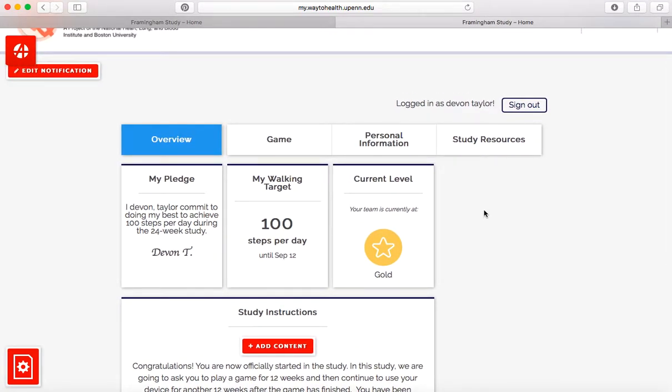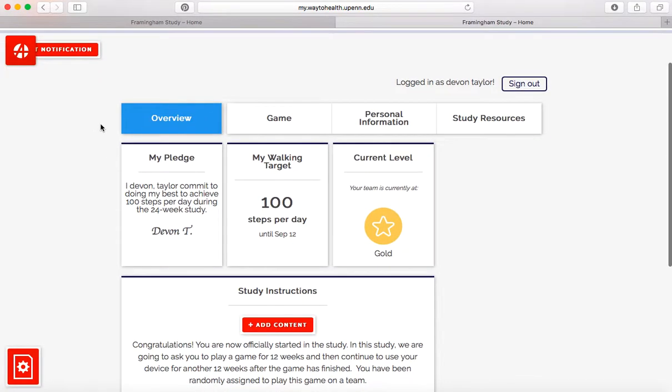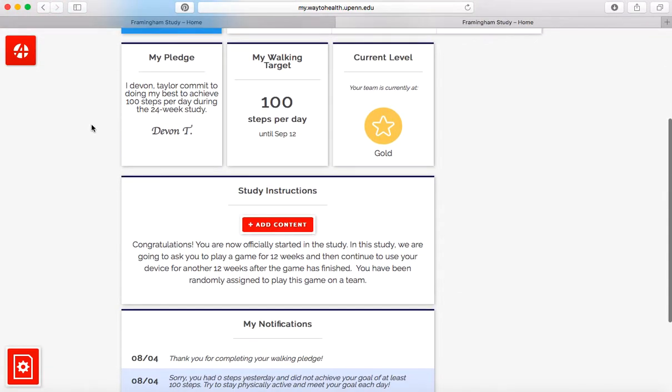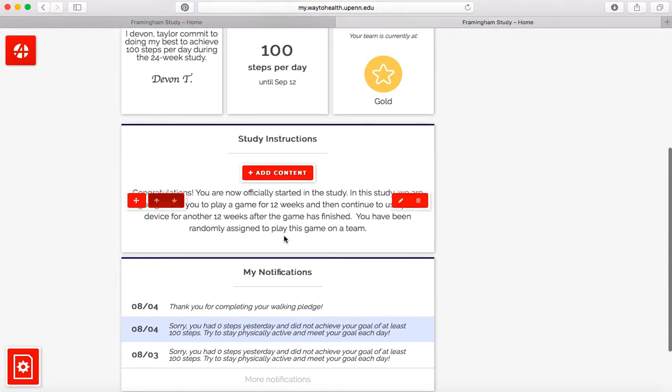But they do have to hard code these tabs as well as cards like a pledge card or a level card. And if you need examples of this, we're more than happy to email you over a template. So some of the things that you can edit are, so this is a study instruction,